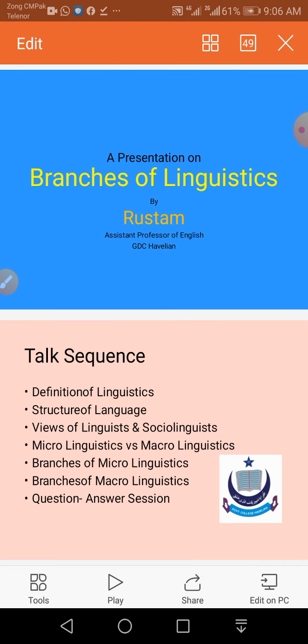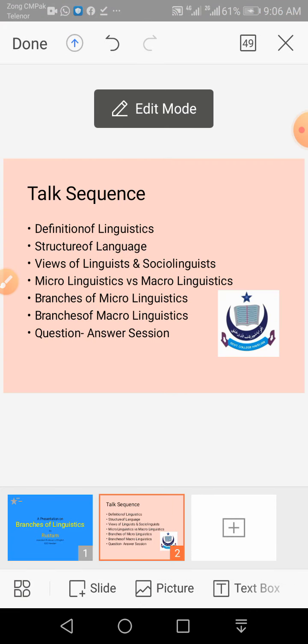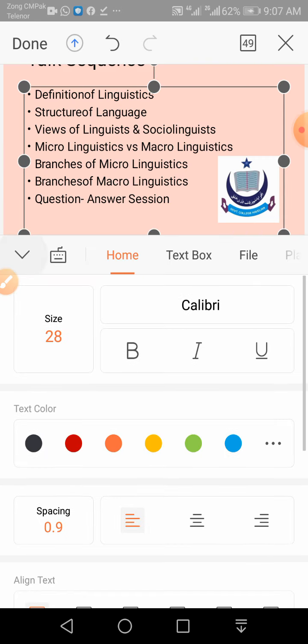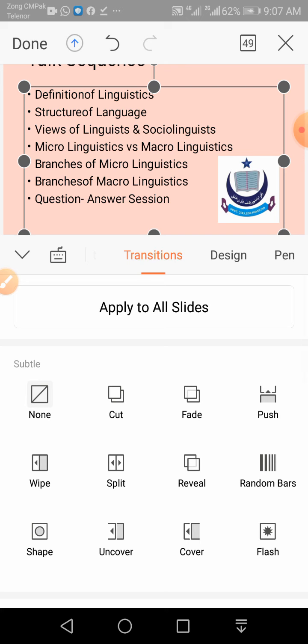Now if you want to animate this one, first click on edit, click on this. Now if you want to introduce animation to this transition, usually animations are not allowed. Transition means the whole slide will be animated.